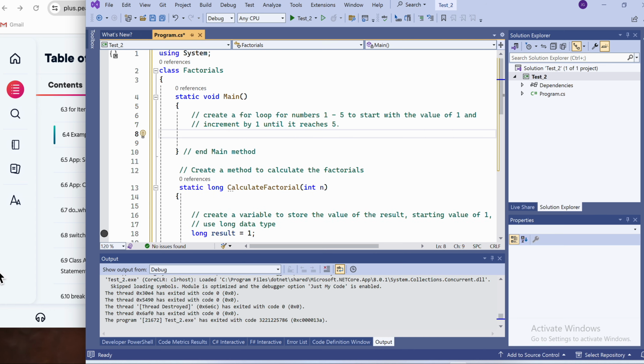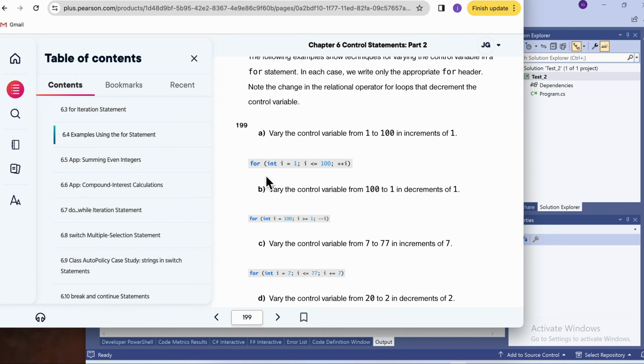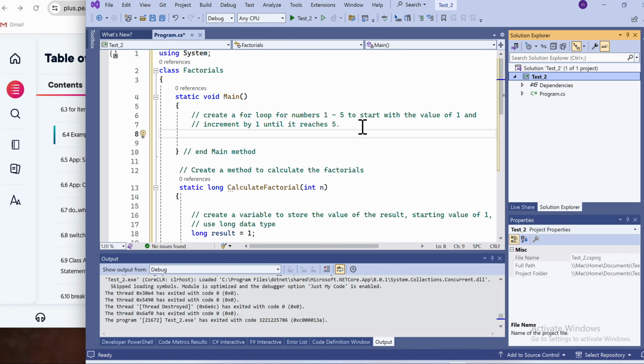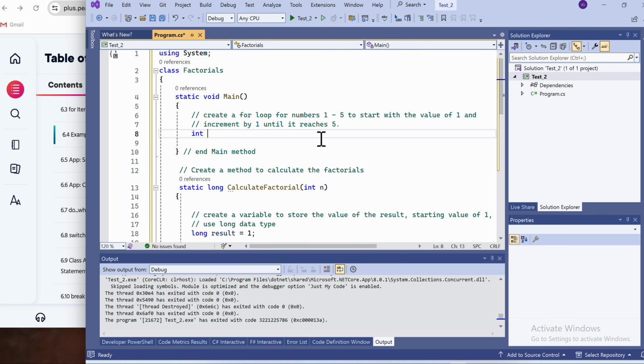And we're going to do this just like we've already done, and we see here. We're going to create a for loop. Inside the parentheses, we're going to give it the initial value of 1. We're going to say I has to be less than or equal to 5, and we're going to increment by 1. So we're going to do the same thing here. We're going to use a type of int for a whole number. Oh, sorry, we're going to create for and parentheses. And within the for parameters, I guess these are the parameters for it,